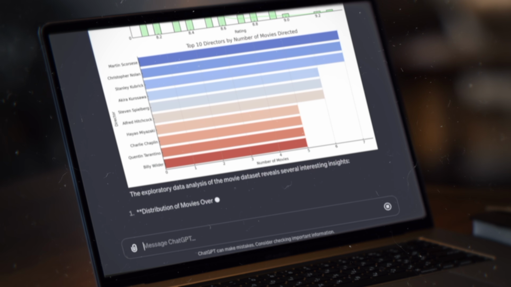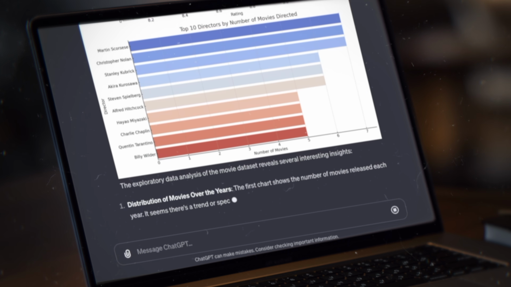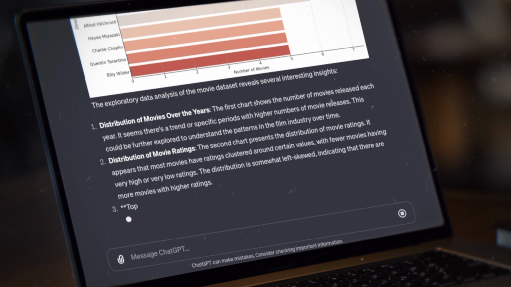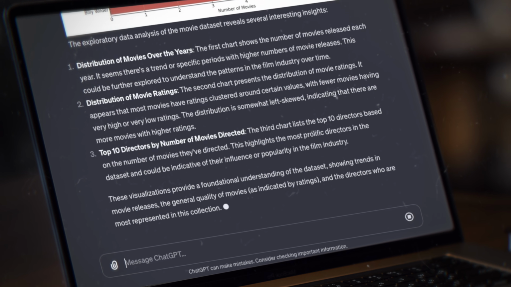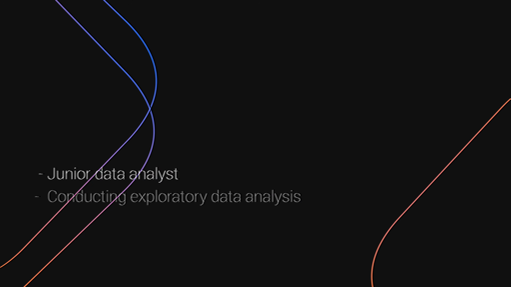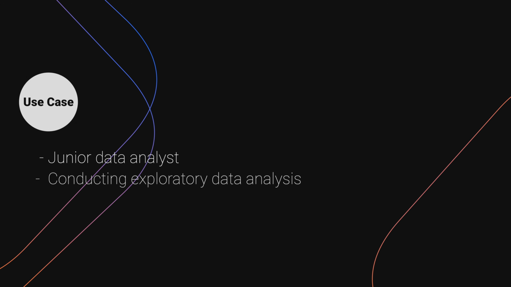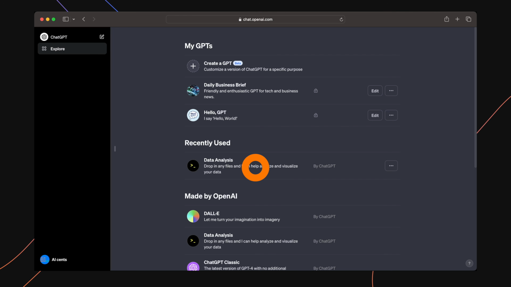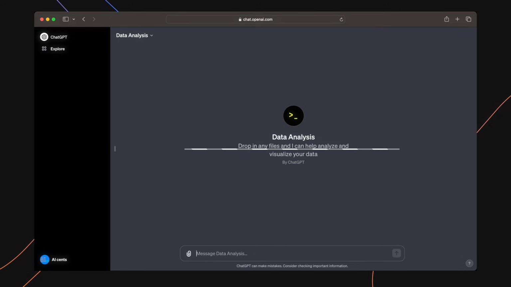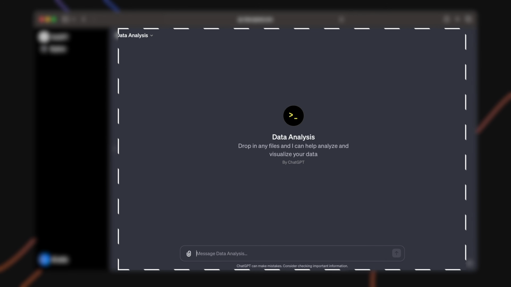Today, I'm going to show you how you can save hours on exploratory data analysis and visualization without writing a single line of code. Our use case today will be to act as a junior data analyst performing exploratory data analysis on Netflix shows. We'll be using ChatGPT's Advanced Data Analysis GPT to act as a helpful guide on our